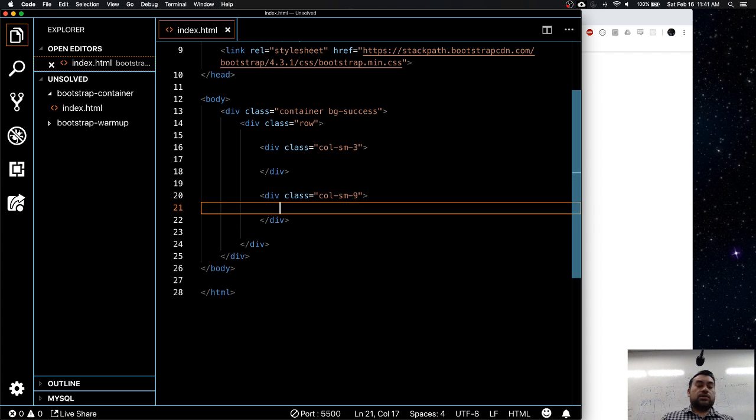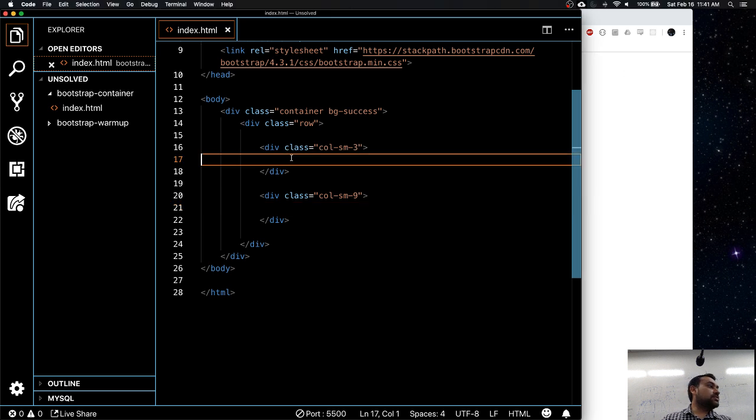I'm going to use the Bacon Ipsum generator and get some text here so that you guys can see what's going on.